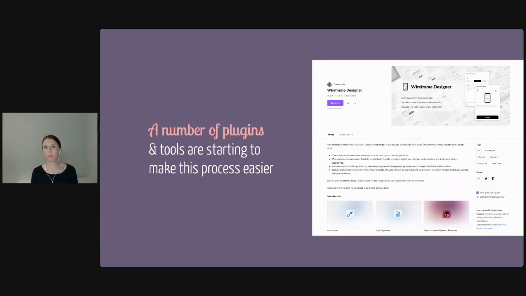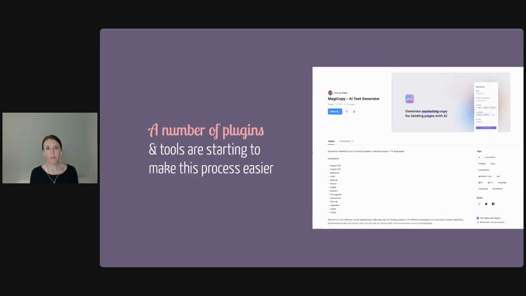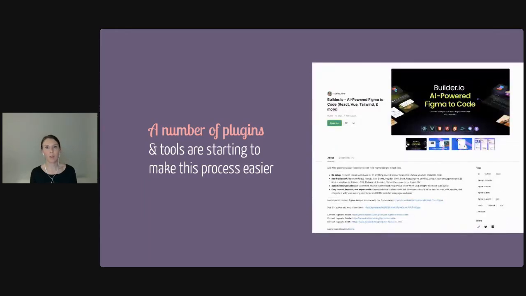But this one can help you from writing a script, from having some prompts, to actually creating a website or wireframes for you. There are also tools like Magic Copy that can actually generate copy for you, simplifying that process down a lot more, especially when you, like me, aren't the best copywriter or UX copywriter. I can write different things, but UX copy is not my strong point. So those things are really exciting, and they will speed up the process a lot. And of course, there will be future developments here as well, where we can actually get something working as prototyping code and get that out quicker in the future. There are some early developments now, but there are a few more things to come.